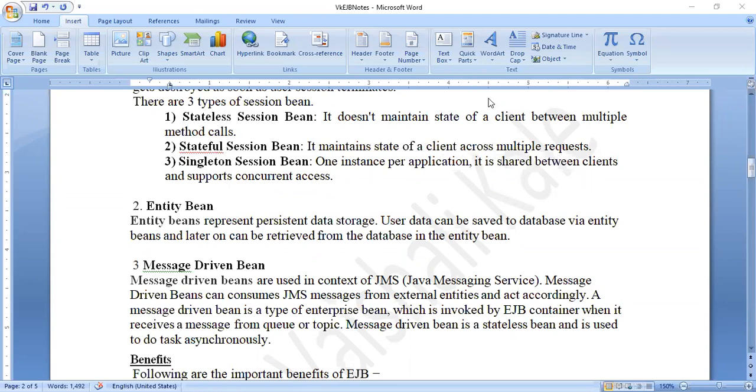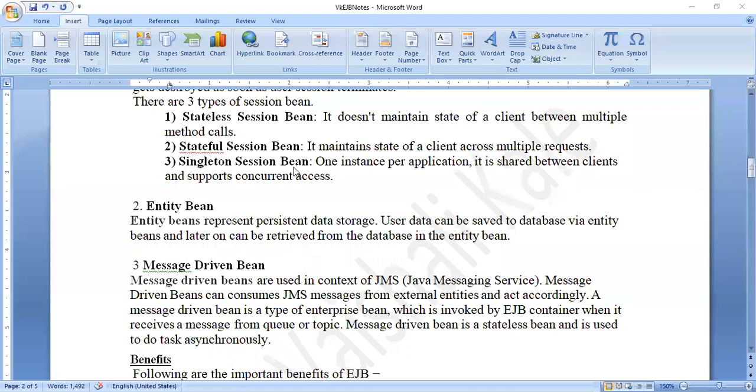Suppose my meeting ID and password are common. Whenever you log in, it is maintaining the same meeting ID and password. You can consider this an example of a stateful session bean: for my multiple sessions, the same meeting ID and password is retained. So it will be done through stateful session beans.